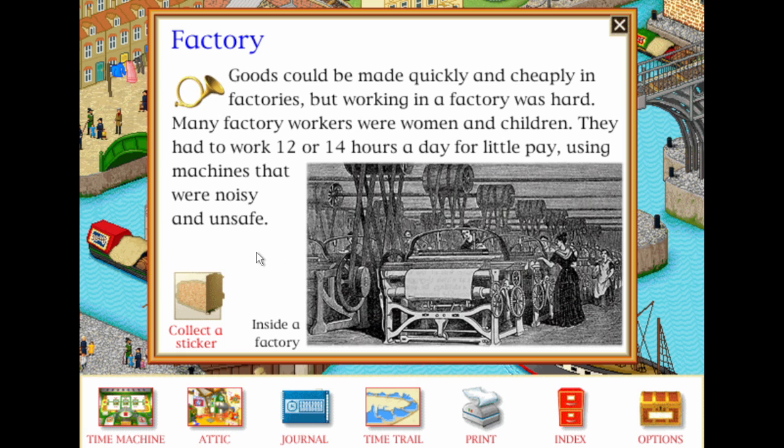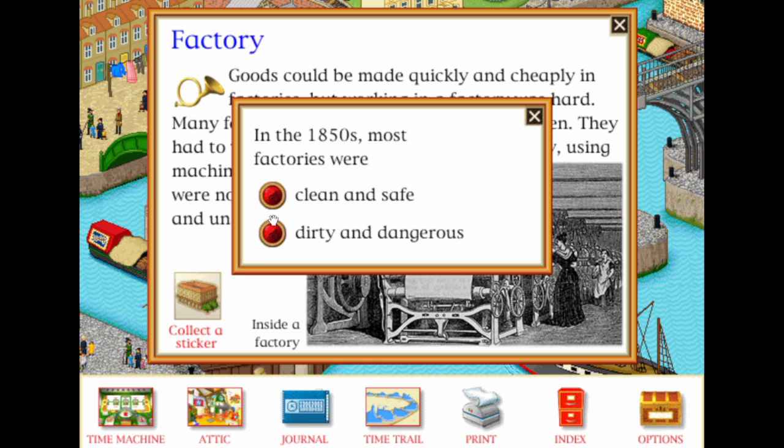Factory. Goods could be made quickly and cheaply in factories, but working in a factory was hard. In the 1850s,